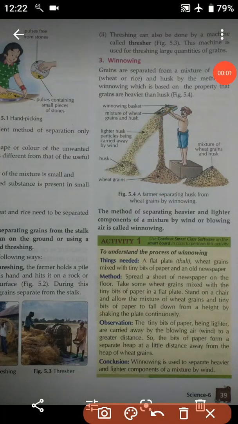So students, I hope it is clear to you till here. Now I want all of you to read activity 1. It is very easy. If you find any kind of difficulty, you can ask me. After reading activity 1, your homework is to perform this activity at your home. So now you have to read it, and if you find any kind of difficulty, you ask me immediately, so that you do not find any kind of problem doing the activity.